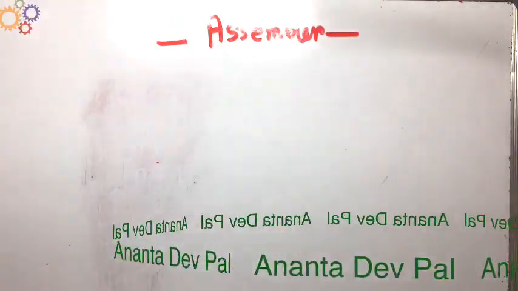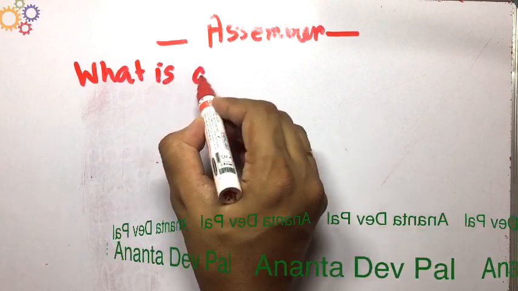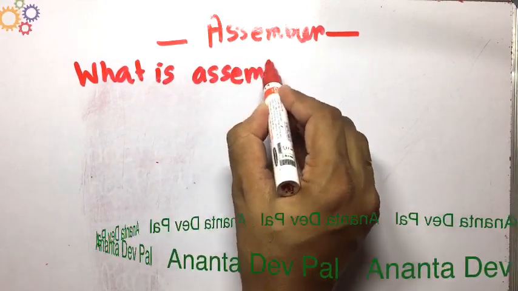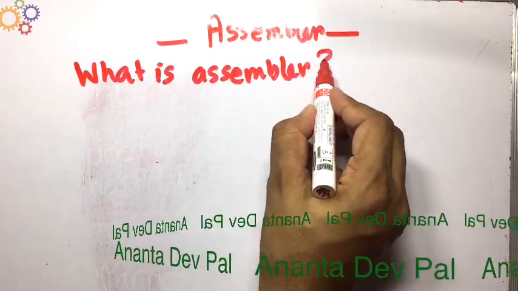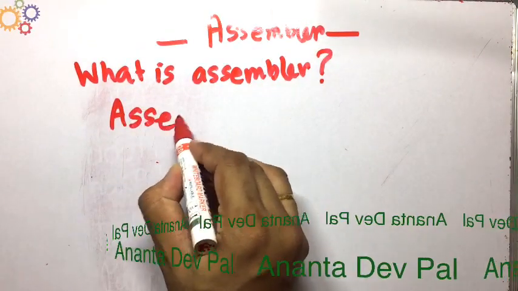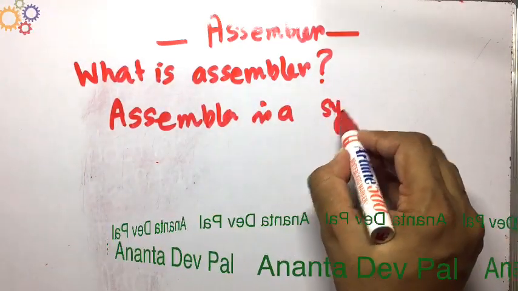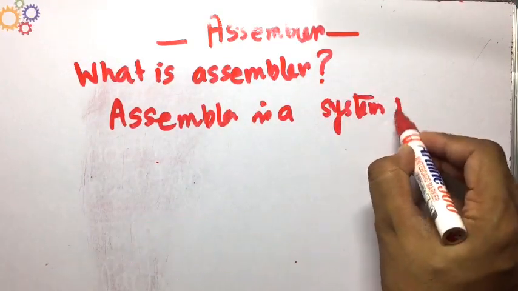First of all, what is assembler? What is assembler? Assembler is a system program. It is a system program. Assembler is a system program